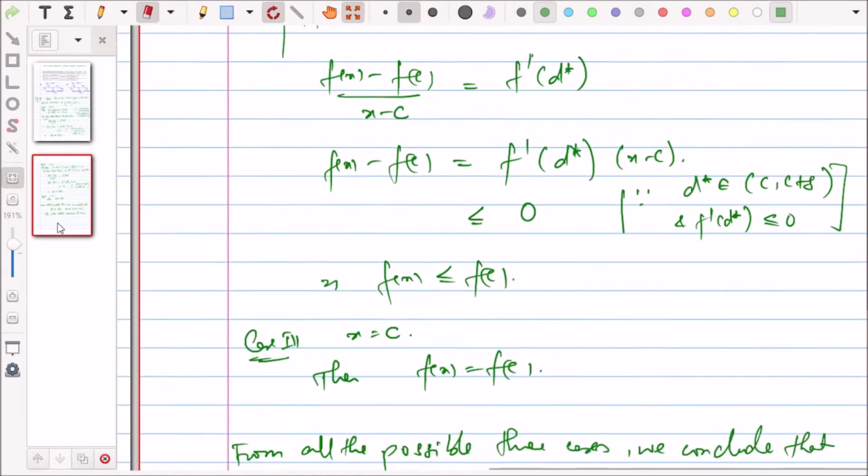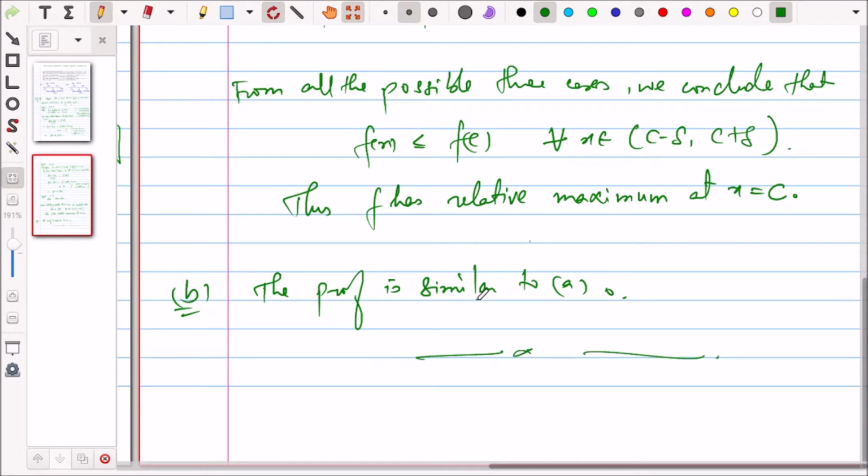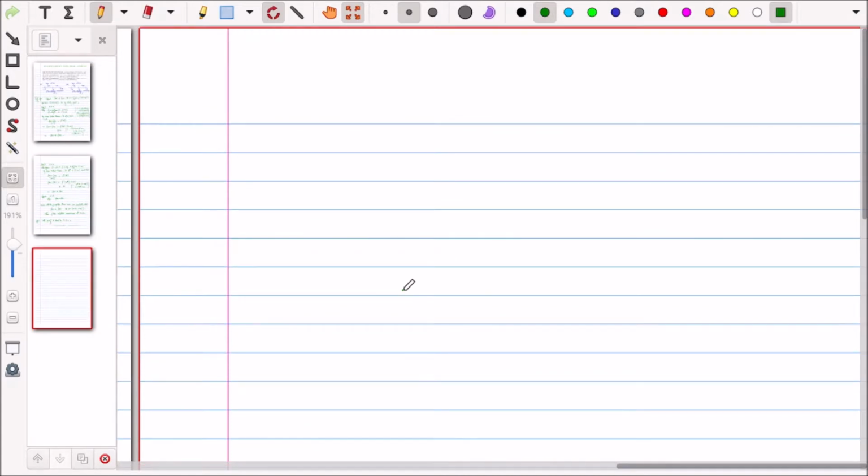Okay, so same way you can prove it for the B part. Okay, the proof is similar to A. So you can prove it on your own. Okay, exam में maybe you might be asked the second part क्योंकि उसका proof नहीं कराया हुआ है, so they might ask you for the second part. So it follows on the same lines. You have to make minor adjustments. So just try writing the proof of this second part. Okay. Is it fine?